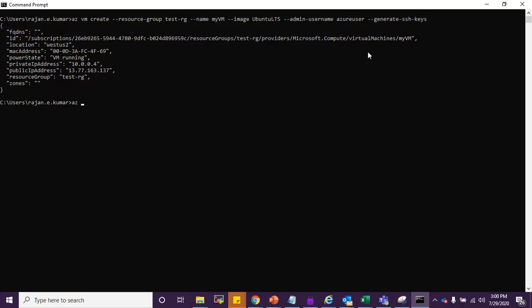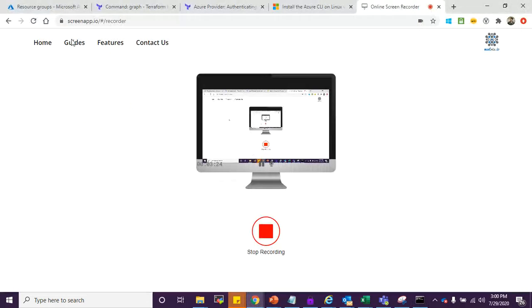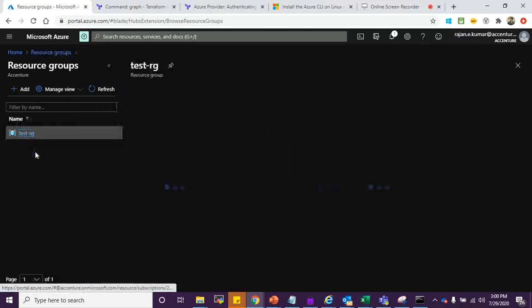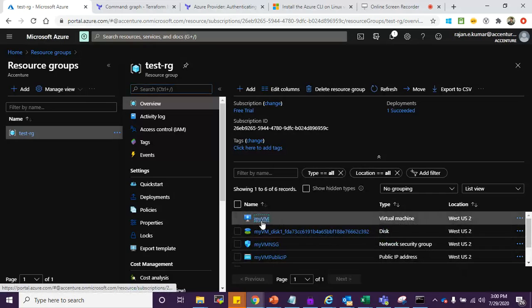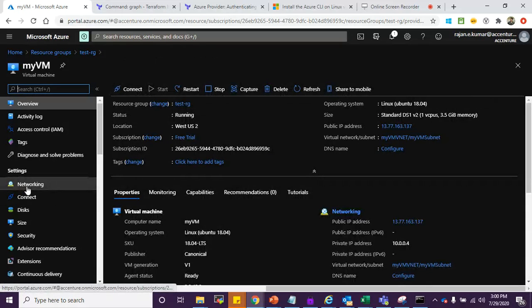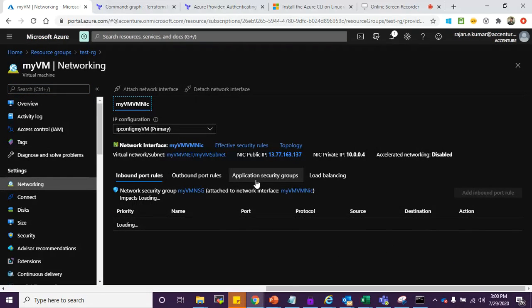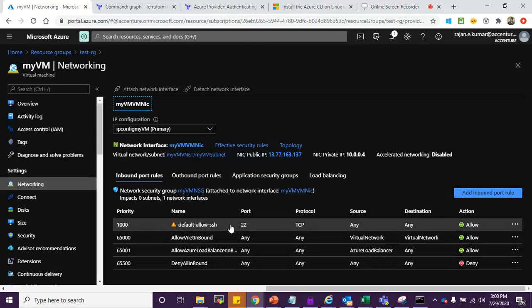Let's quickly do an az vm list table. So as you can see, my VM is created. I have my IP address also, public IP address. So first let's check the portal once. This is my resource group. Inside this I have my VM. Everything looks good. Networking. I have my port also opened.